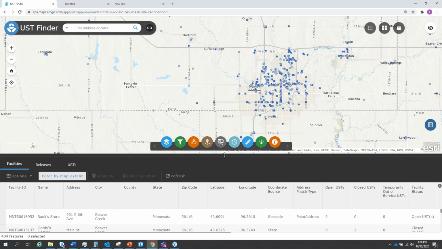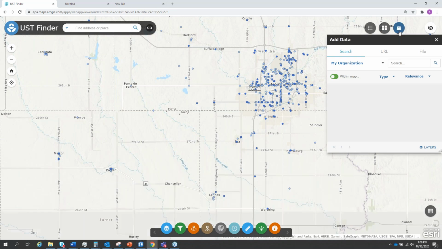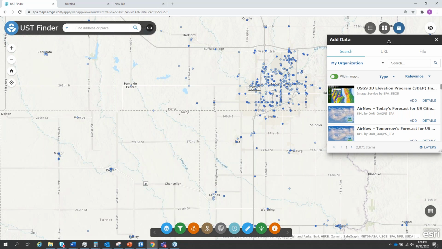Is there a way for the UST Finder layer or data to be added to an existing map content? You can download the data, the spatial files, and use it however you want. A lot of states have great mapping programs of their own, and they use Esri. If your organization has an Esri account, you can pull in all of your organization's spatial data.